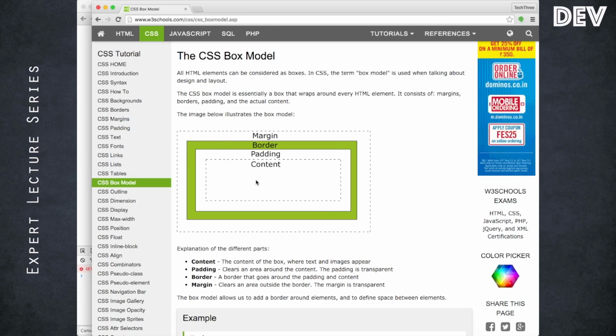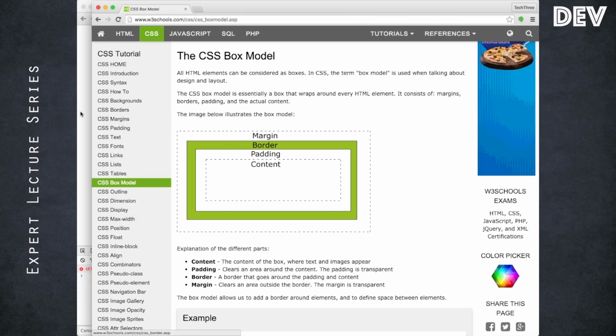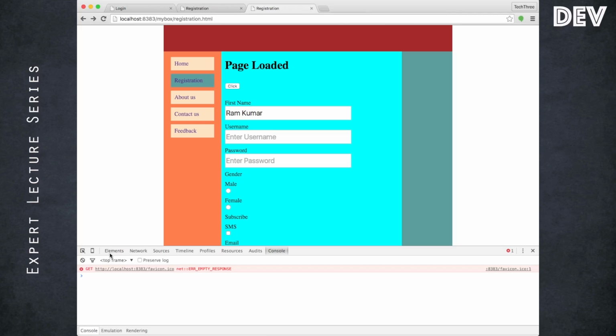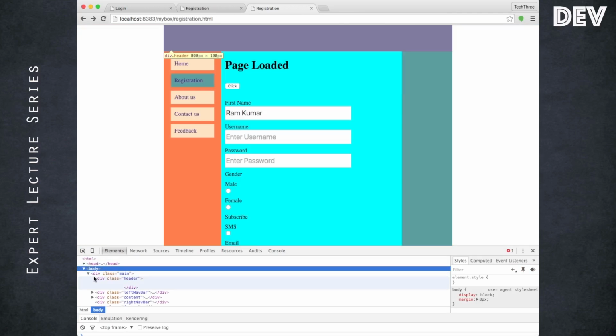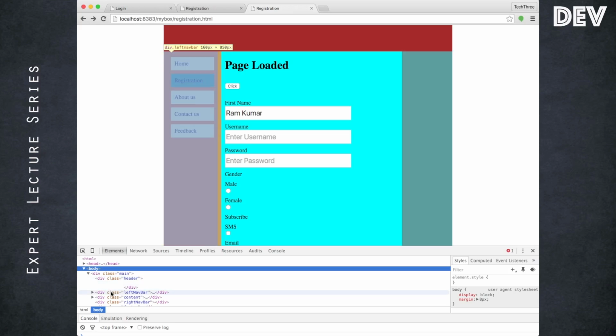So if any calculation goes wrong, you may just visualize how this thing would have been laid out. Or in fact, even Chrome will help you. If you go to elements and try to focus on a certain tag, see, I'm focusing the header, and automatically the head tag has been highlighted over here, left navigation bar. You can notice what the effective width is. See, if you notice, the effective width is 160 pixel.